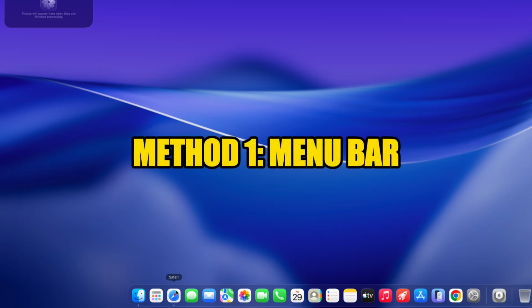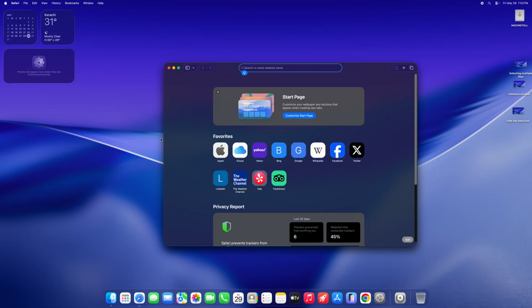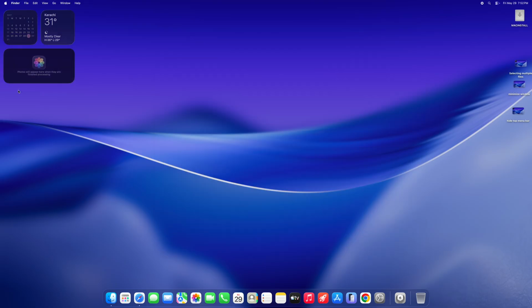Now let's fully close the app. Open the app again if needed, then move to the very top menu bar. Click the app name next to the Apple logo. For example, if Safari is open, click Safari in the top left. A drop-down menu will appear. Now click Quit Safari. As soon as you do that, check the dock again and the small dot underneath the